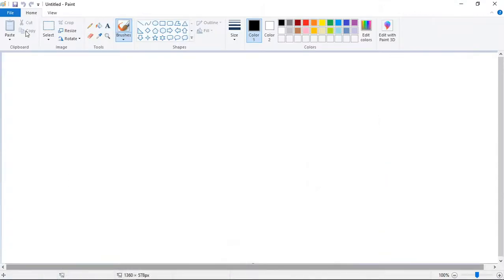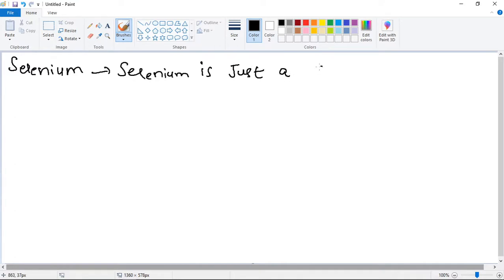Okay, so before starting anything, if I talk about the definition of Selenium, you can say it is simply it is just a collection of jar files, or you can say